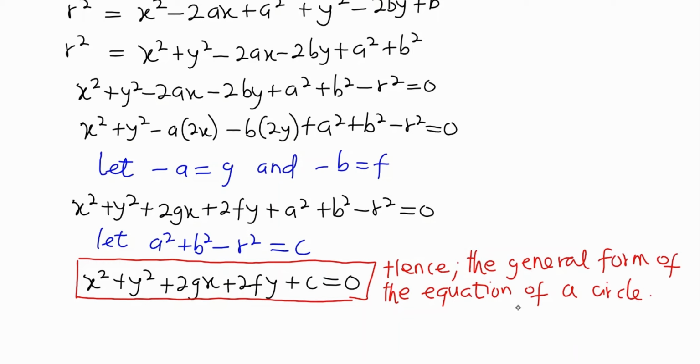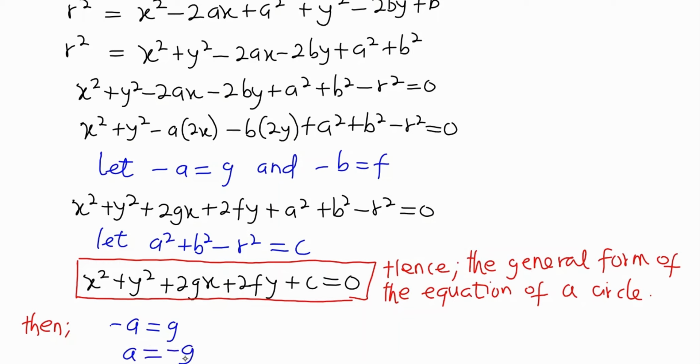So that is it. This is the general form of the equation of a circle. Now this general form has its center and radius. You can get it from where we equated negative a is equal to g and negative b is equal to f. Remember, from here we said that we should let negative a be equal to g. So by making a the subject, that's making a positive, it will imply that